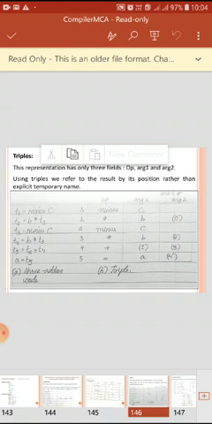Similarly, for line 4 we have plus as the operator with arguments T2 and T4. T2 is represented by position number 1, so argument 1 is position number 1, and T4 is in position number 3. So it is position number 1 plus position number 3, which means T2 plus T4. Similarly, A equals T5. A is the first argument, and the other argument is T5, which is mentioned in position number 4.